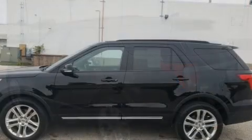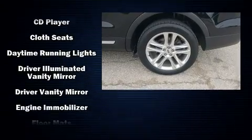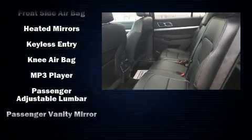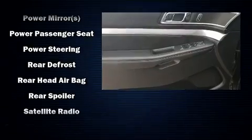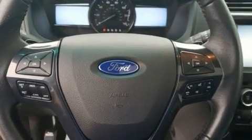Third-row seats provide an even greater maximum passenger capacity. Ford ensures the safety and security of its passengers with equipment such as dual front impact airbags with occupant sensing airbag, head curtain airbags, traction control, ignition disabling, an emergency communication system, and four-wheel disc brakes with ABS. Brake Assist technology provides extra pressure when applying the